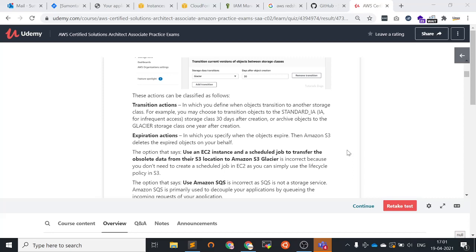So we can use the transition action in the lifecycle policy to transfer between storage classes like S3 Standard to S3 Standard-IA or S3 Glacier, and we can specify the expiration action to delete the object after a specific time.